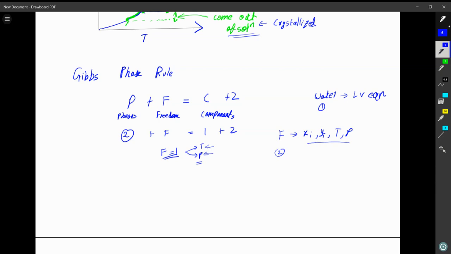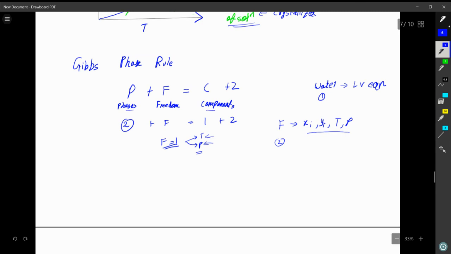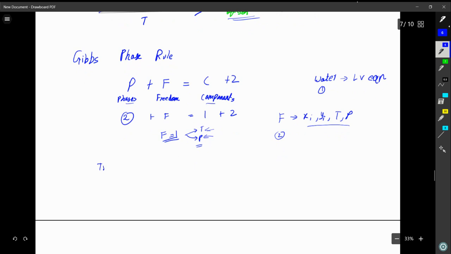Generally, I forget which thing comes on which side. So the best idea to remember this is to consider the triple point of water. You know that the triple point of water is uniquely specified. It cannot change. You cannot do anything with that. You don't have any freedom. So degree